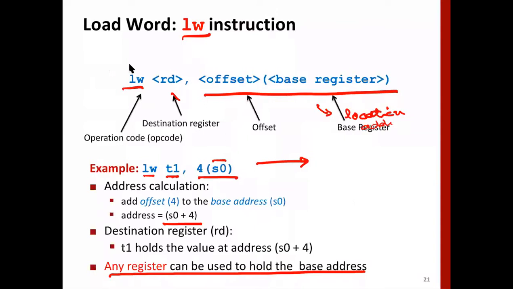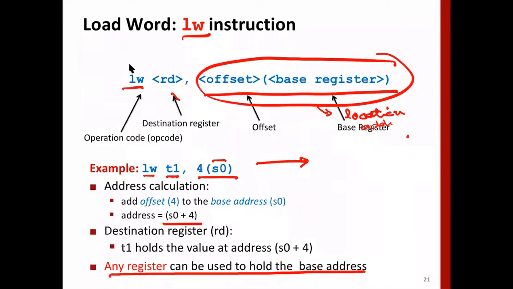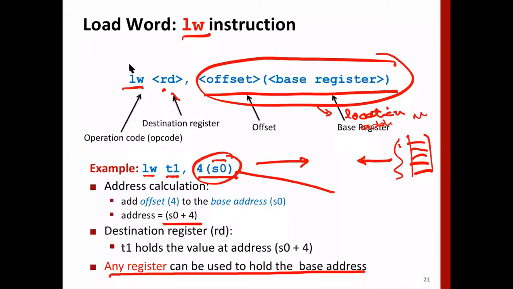So when we say this is the memory address, contents of that memory address, this is memory, and it's a word, it means that 4 bytes we have to bring to a register which is given by RD. So this address is the address in memory, whatever be the contents of S0 register, add to that 4, that gives the effective address. Go to the memory, get 4 bytes from there and bring it to register T1. So when we load, loading from memory to register is the same as reading.